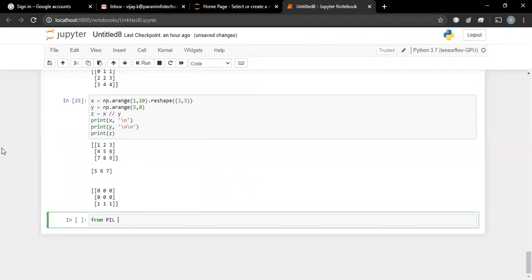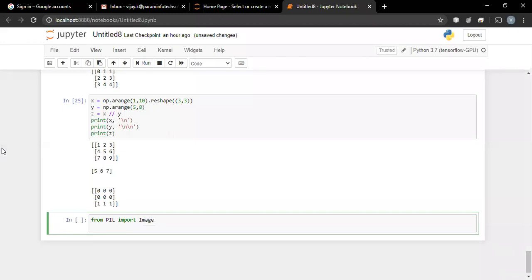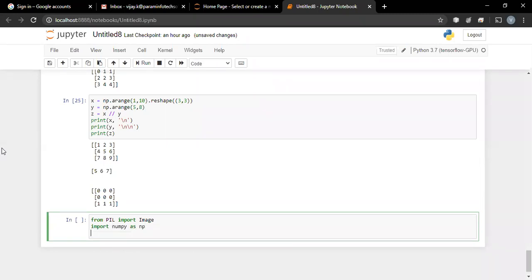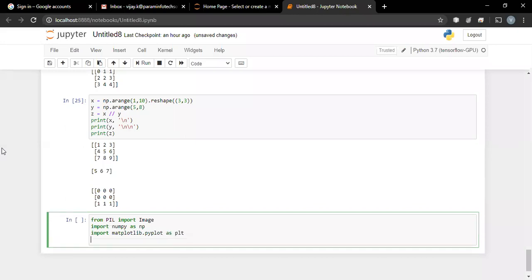First, from PIL we will import Image, then we'll import numpy as np, and finally we will import matplotlib.pyplot as plt. Matplotlib is only used for displaying the images and their results so that we can understand what's going on, nothing else. Now read the image.